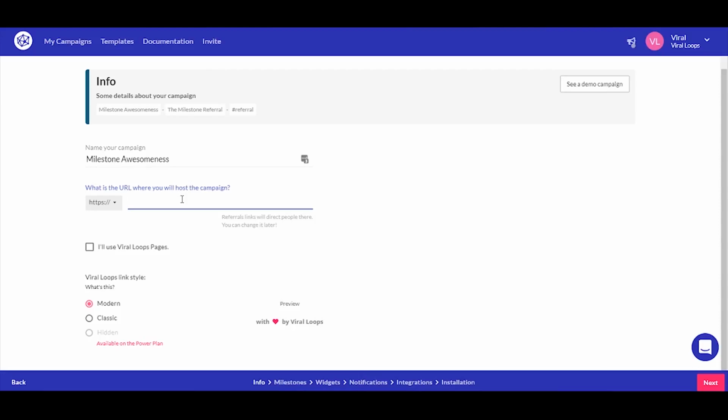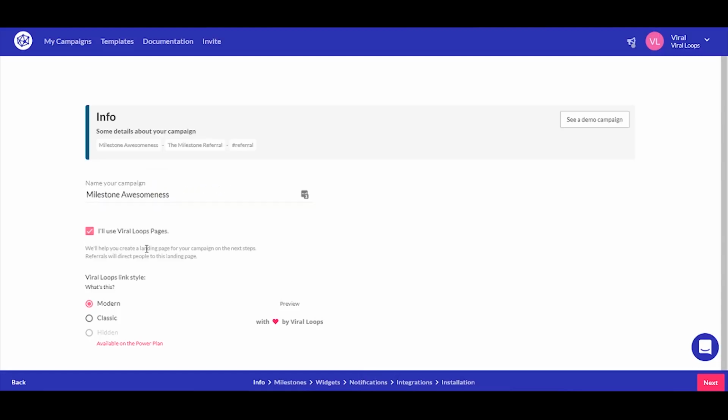and also you have to provide a URL where you will host your campaign in case that you are doing this using a custom built website. If you don't have a website, you can also use Viral Loops pages, and we have a full tutorial about how to do it in our documentation, so make sure to watch it. I will check this box saying that I will use Viral Loops pages for the example,